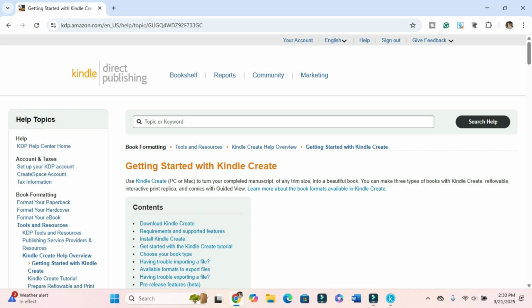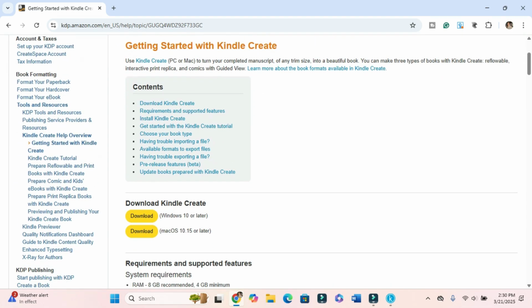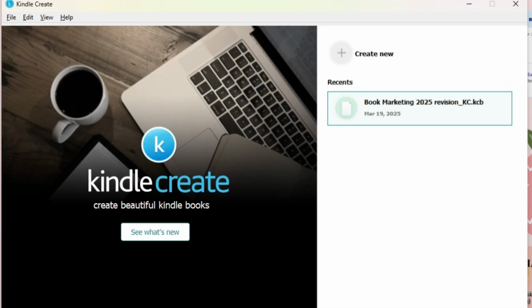If you just Google Kindle Create, the very first page that will come up in your Google search is Getting Started with Kindle Create from Kindle Direct Publishing, KDP. It gives you nice jump links to all of the details and questions you might have if I don't already answer them in this tutorial, but the very first one you'll see is to download either for your PC or Mac. I have already done this. As I said, I am re-recording this tutorial because my audio didn't record, so I've already downloaded it. You know what it's like to download a program on your computer, so we're just going to skip. As you can see, I already made a test file. I'm going to go ahead and click Create New again.